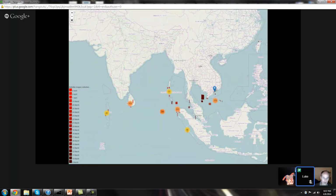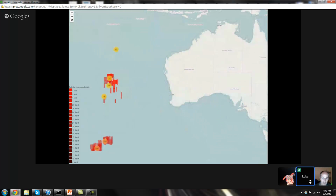First of all, we were looking in the Gulf of Thailand, just north of Malaysia, where we thought the plane might have gone down. Then new data came in to say, well, maybe it's in the Straits of Malacca or even further west of that towards Sri Lanka or the Maldives. And then after the Inmarsat data came in, we completely revised the search area and said, well, we need to be looking in the southern Indian Ocean off the coast of Australia. And so since that